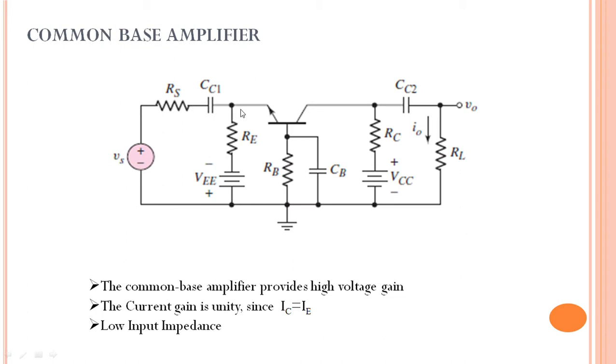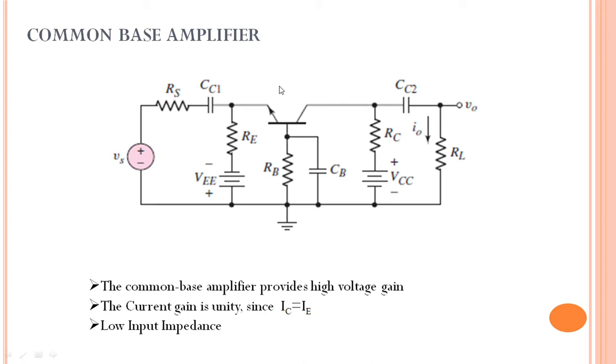where Vs in series with Rs will be present, and the resistor in the emitter terminal, RE, will have its other end connected to the ground terminal. On the output side, one end of RC will be connected to the collector and the other end of RC will be grounded, and one end of the load resistor will be connected to the collector V0 and the other will be grounded. Since we are using a bypass capacitor in parallel to the base resistor, the base resistor will also be at signal ground.